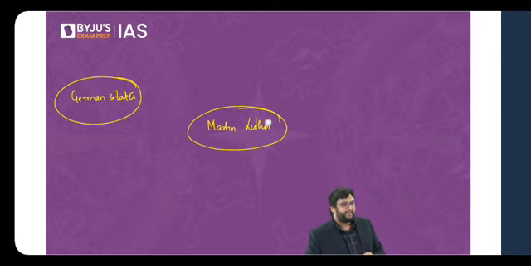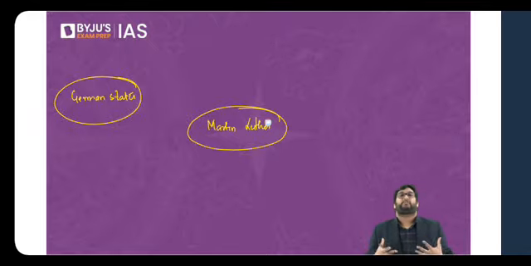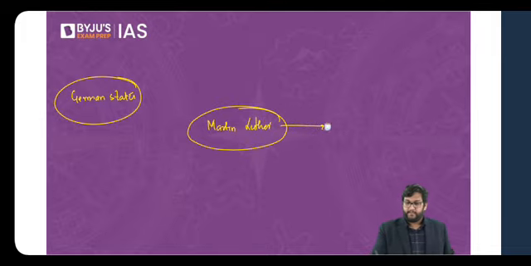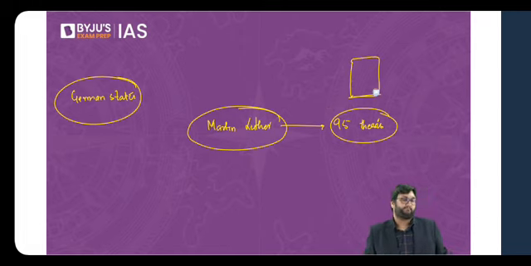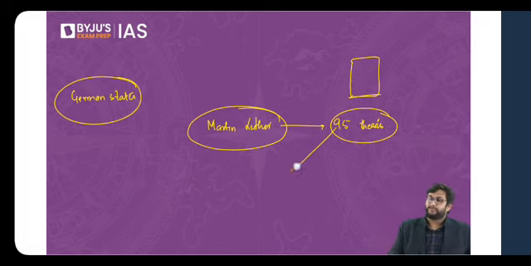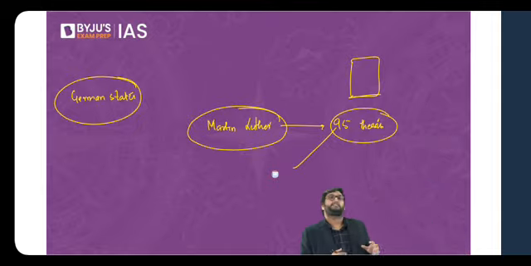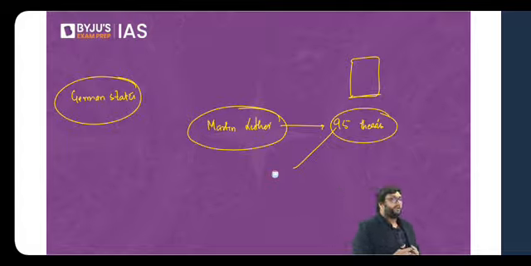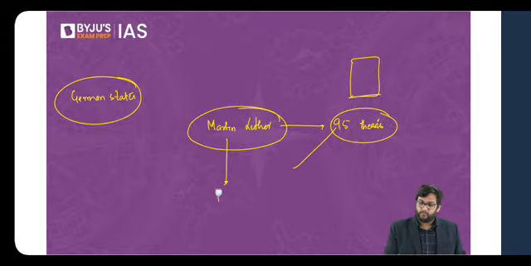And in a major moment of his frustration, he wrote what is called the 95 Theses, and he went and nailed it on the wall of his own church. Basically, these were 95 grievances which he had against the church. Now, why is Martin Luther important? Because he is the one who protested.